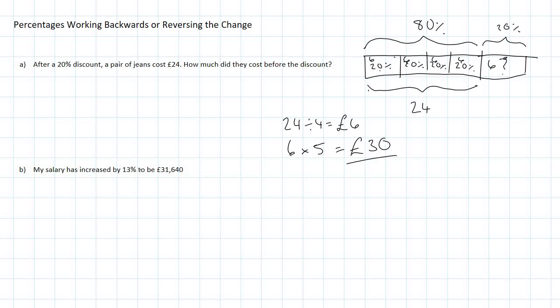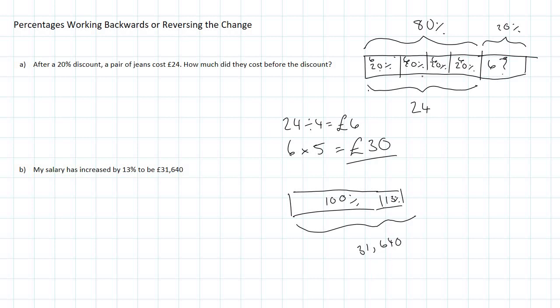And let's have a little look at this one. So this one's a bit trickier and I'll show you how to do it with a calculator. So my salary is increased by 13% to be 31,640. Okay, so again, I'm just going to draw a little picture because I quite like them. So I've got the 100% that I'm trying to work out. I've added on 13%